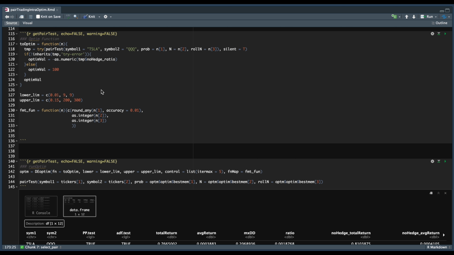So for the probabilities, I'm going to set these between 1 and 15. For the recalculation of the spread, I'm going to be using a period of 9 and 200 bars. And for the rolling quantiles, I'm going to set these between 9 and 300 bars. We also need to make sure that we round these numbers appropriately, so we can't have fractional rolling periods. So the last two parameters are going to be integers, whereas my first parameter is going to be rounded to